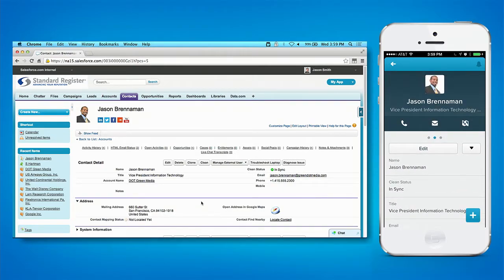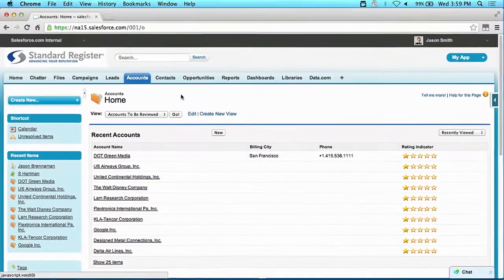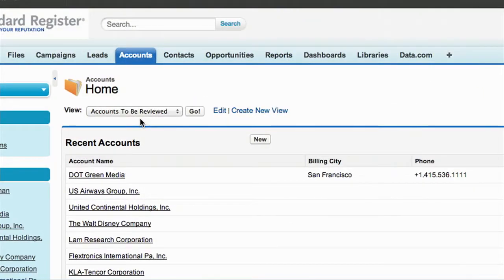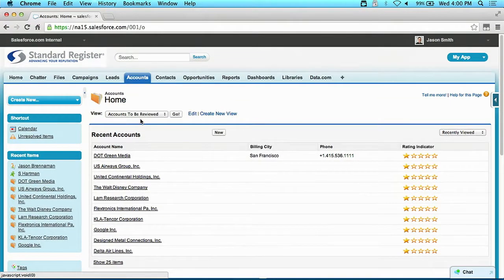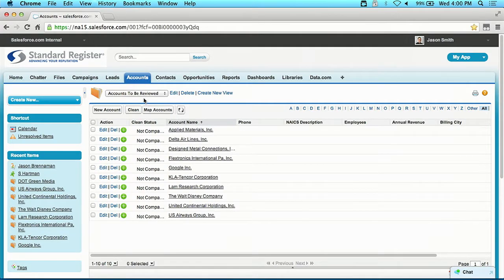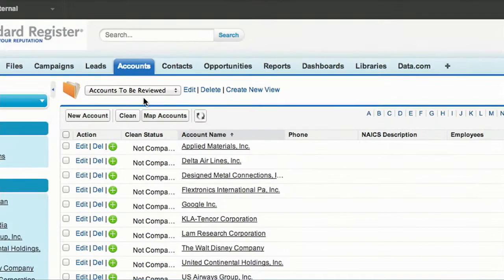Now the next thing on my to-do list, being in sales operations, is that I have not just contacts but accounts to review. So we'll go back in, and we have a workflow process here with new account creation. The reason we do this is that in this organization, we want to make sure only one account gets created, but we also want to make sure we have complete information so we can make decisions around market segmentation and territory planning.